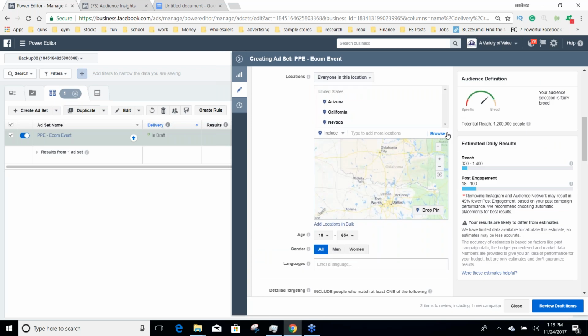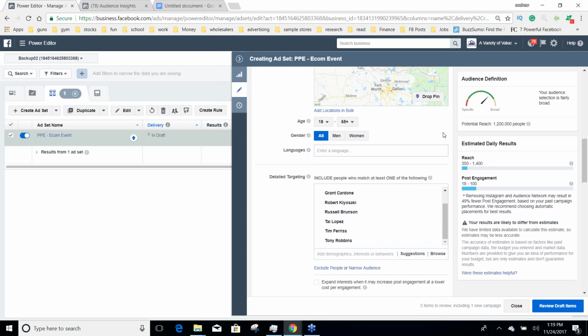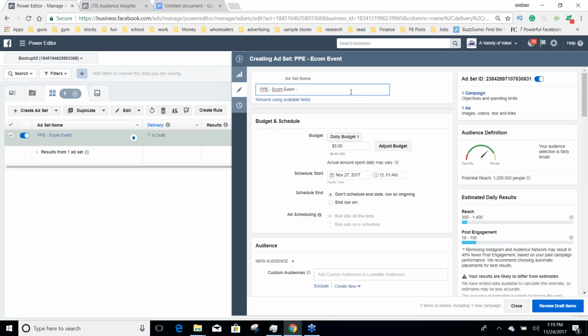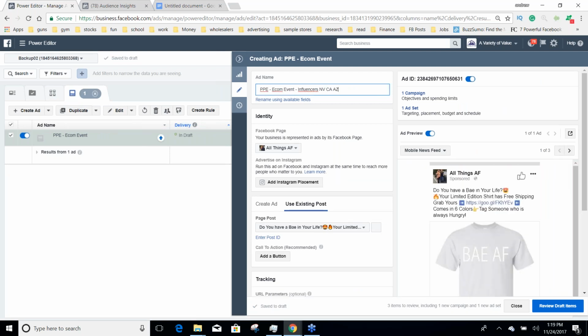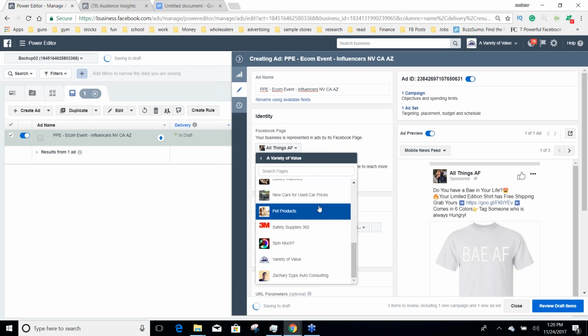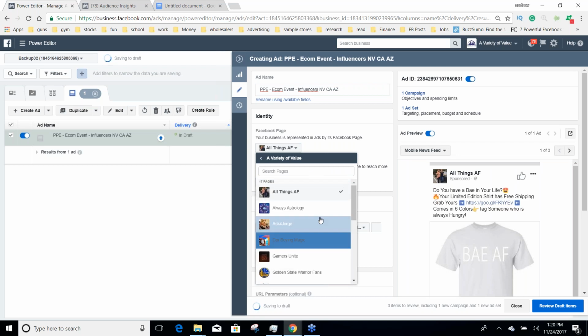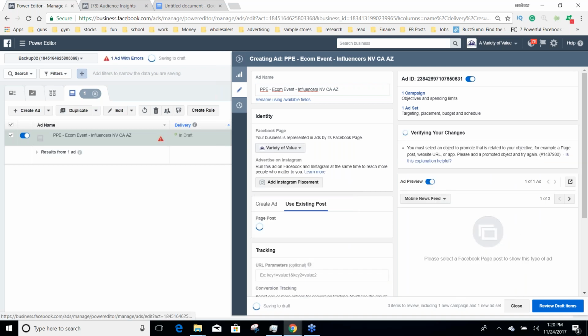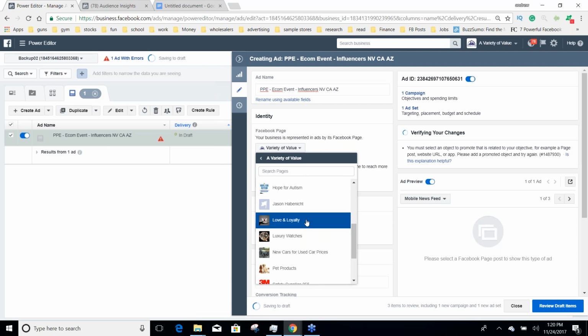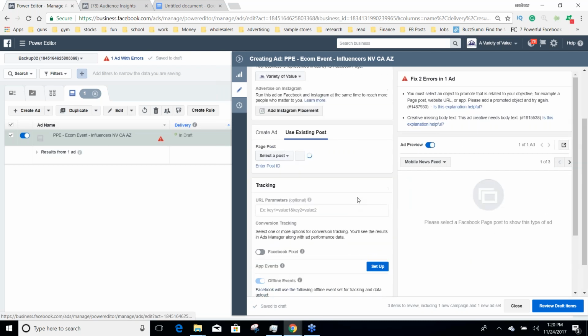Okay. So we got this, and then I'm going to name it whatever type of targeting. So we have influencers. Cool. Copy that. Go into the ad. Now I made a page recently to kind of demonstrate something like this, but I don't know why it's not in here. So we're just going to do that page, or yeah, it doesn't matter. Okay, so for an ad,